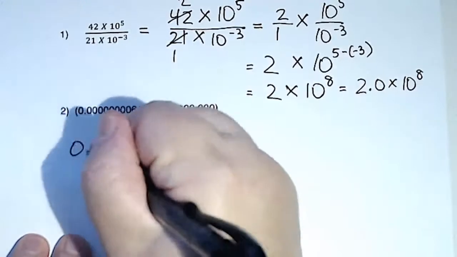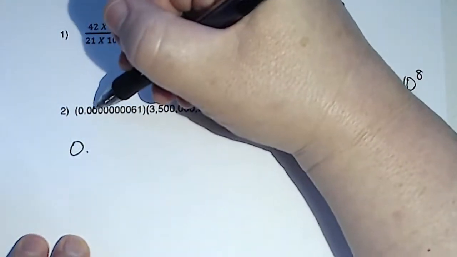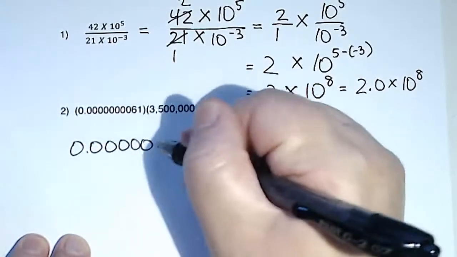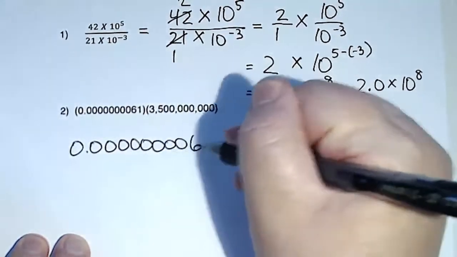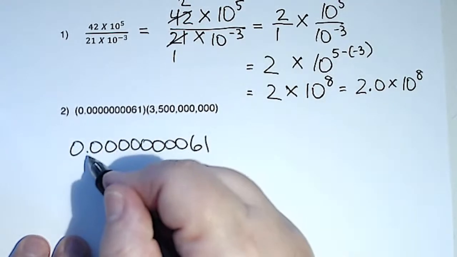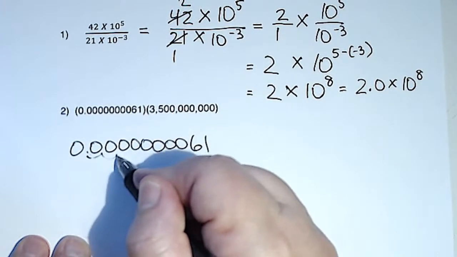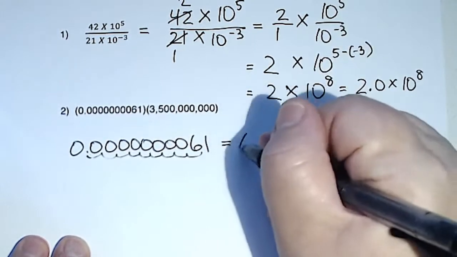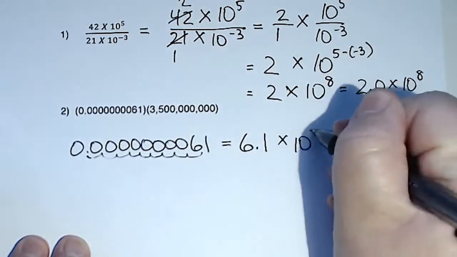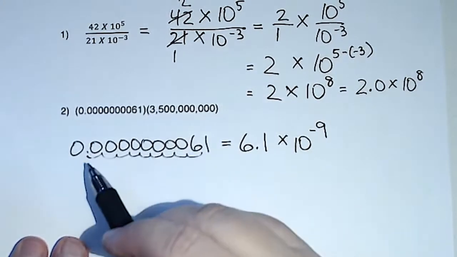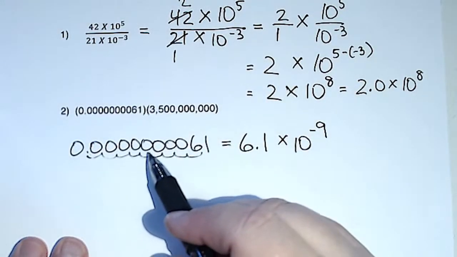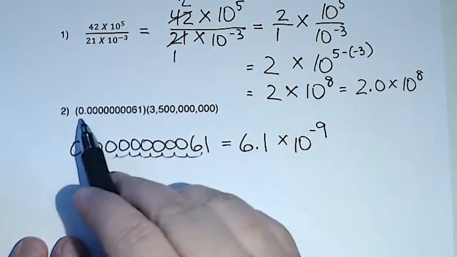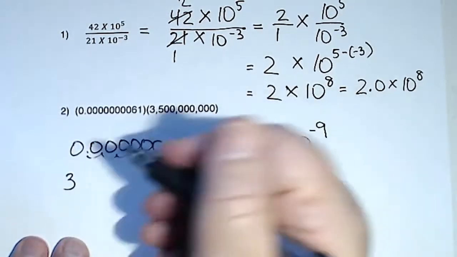Okay. 0 point. Oh my goodness. Let's see. 1, 2, 3, 4, 5, 6, 7, 8. This is the problem with writing out decimals in standard notation. 1, 2, 3, 4, 5, 6, 7, 8, 9. Believe it's 9, right? 1, 2, 3, 4, 5, 6, 7, 8, 9. Yes. So this is 6.1 times 10 to the negative 9. That's the first number. Second number,